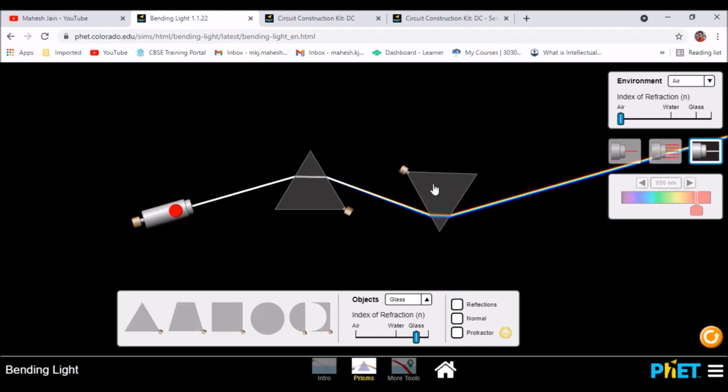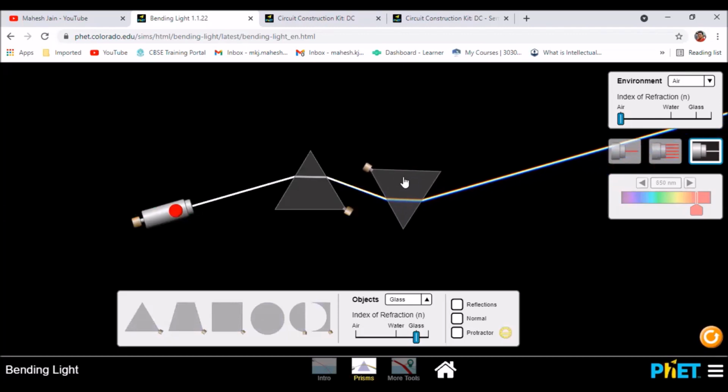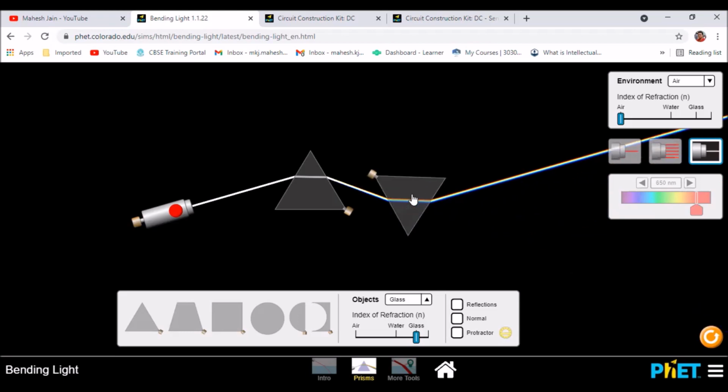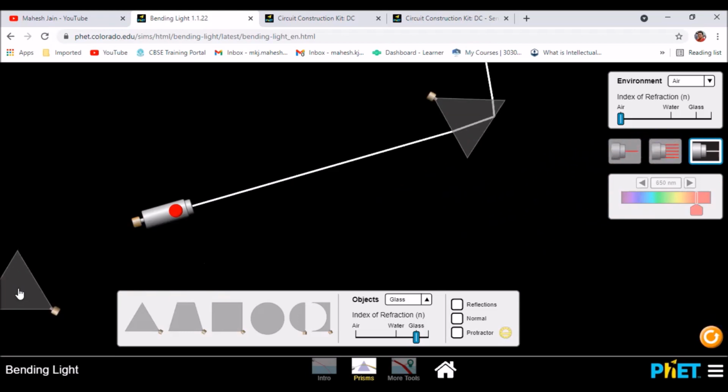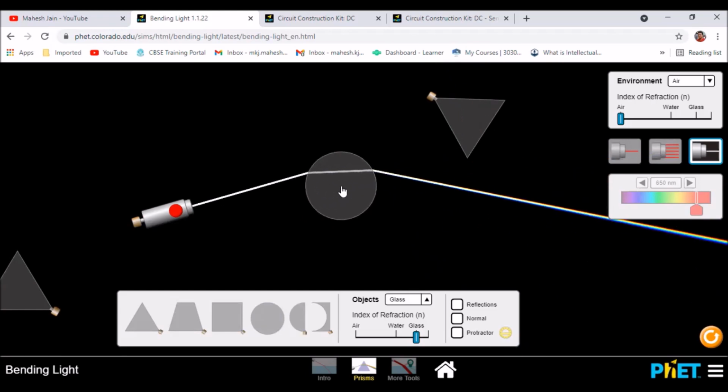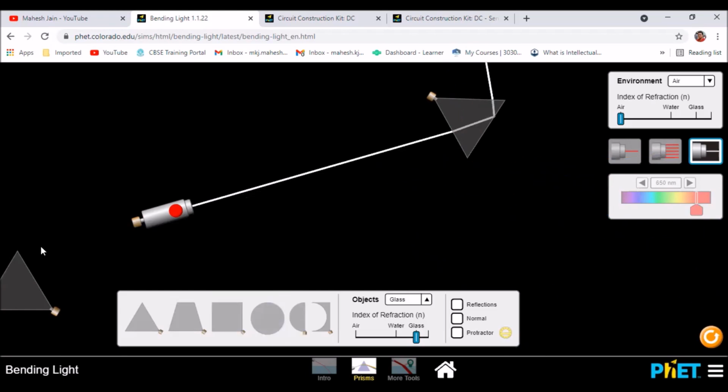You can see this now. Yes, we have almost achieved the white color. So from white color we've got 7 colors, and from 7 colors we've got the white color back here, and this way students will be able to understand easily the concept of dispersion. You can also explain the concept of rainbow formation with the help of simulation, and there are multiple options. You just need to share the link with the student and let them try it out, let them explore. They will start enjoying this subject.